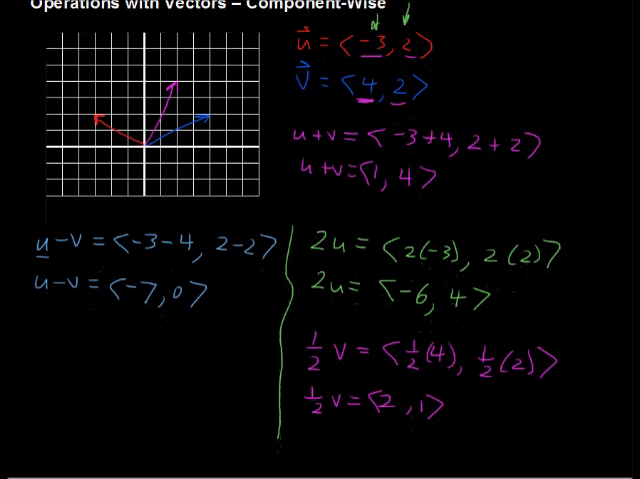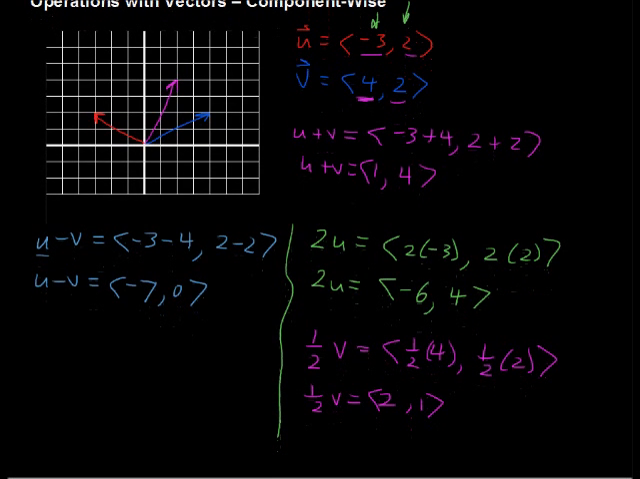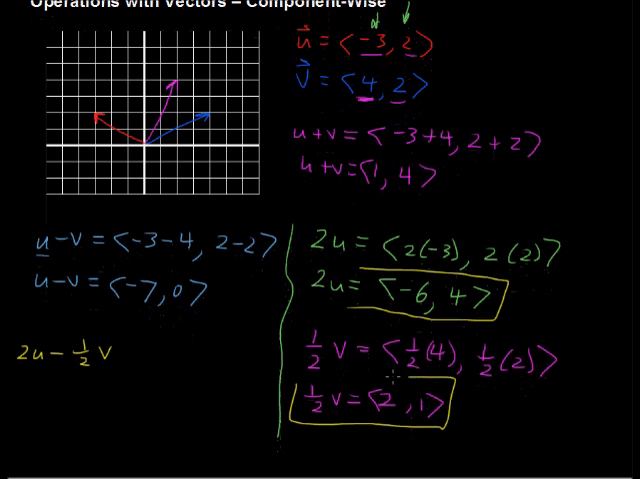Now let's put it all together. What if we wanted to figure out what is 2u minus 1/2 v? Well, let's just take what we have here. This is the 2u, and this is the 1/2 v, but we want minus, so I'm going to go -6 minus the 2, because it's minus 1/2 v, so minus 2,